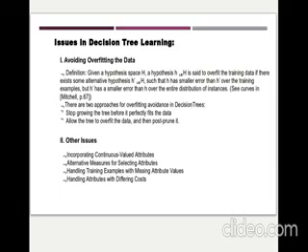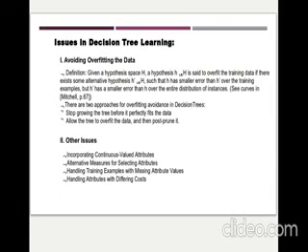The next issue is alternative measures for selecting attributes. In a decision tree, we use the information gain for selecting the different attributes. While calculating the information gain, we give more importance to the values which have a common class. So this is a kind of bias in decision trees. The next issue is handling training examples with missing attribute values. So the decision tree algorithm works well with data which has some sort of error.